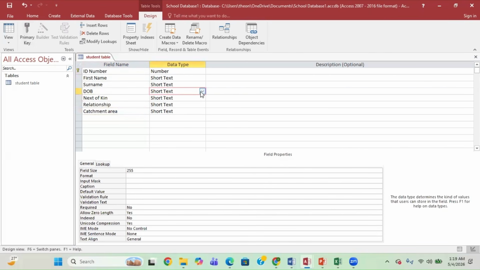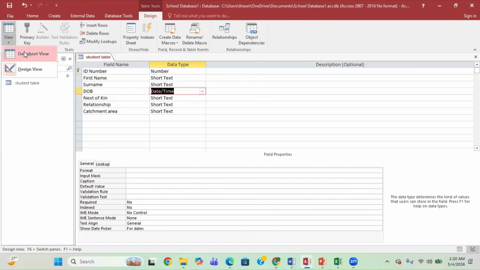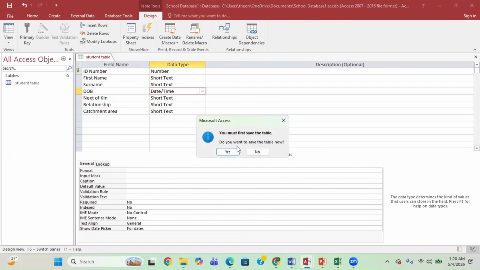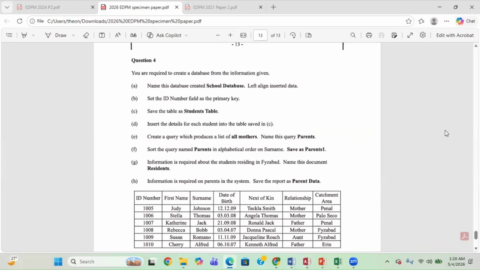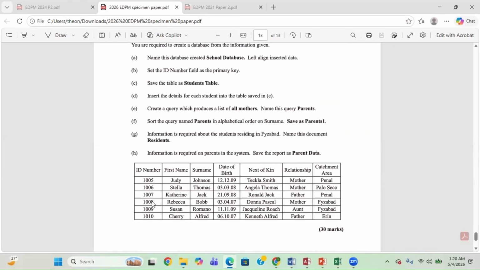Now, for date of birth, you could change that to date and time. Could change that to date and time, make something short text, short text, short text. Everything else is good on text. So we'll change it back to datasheet view. As said, you must save the table first. You press yes, and then you type in the information. So you type in the data that you have down here, as said. All right. So after completing this,